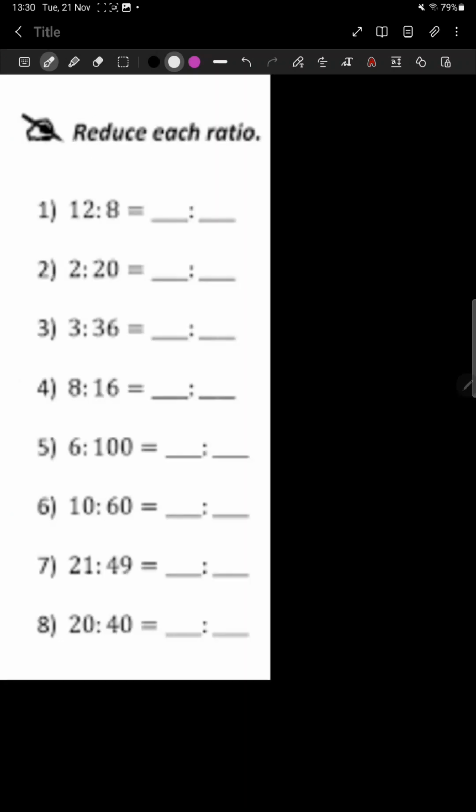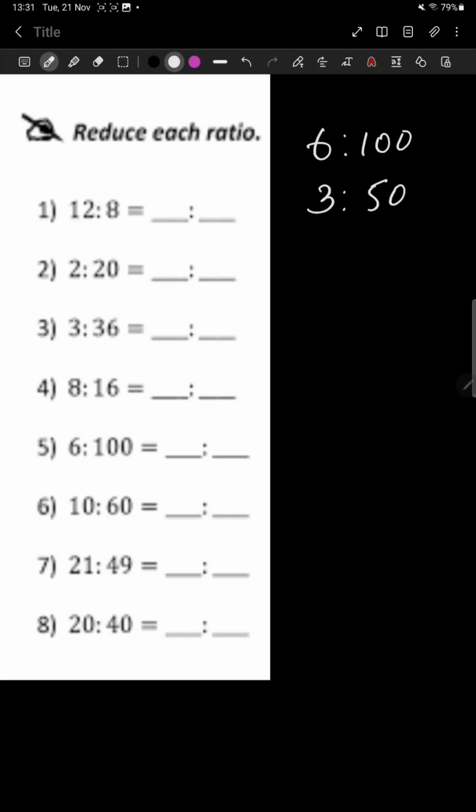The other name for simplification is also reduce. So don't be confused about the word reduce. Reduce means reduce it to the simplest form, which means we cannot simplify anymore. So for instance over here, which number should I take? Yes, I am taking 6:100. So 6:100, in which table is it coming? 2. 2 3s are 6. 2 50s are 100. So the simplest form is 3:50 because 3 and 50 are not having any further common